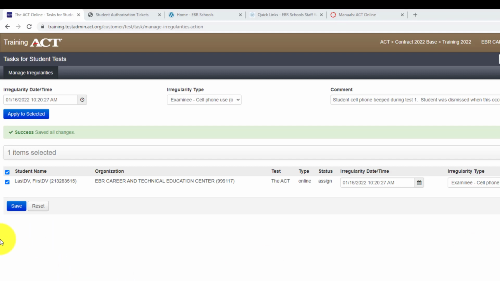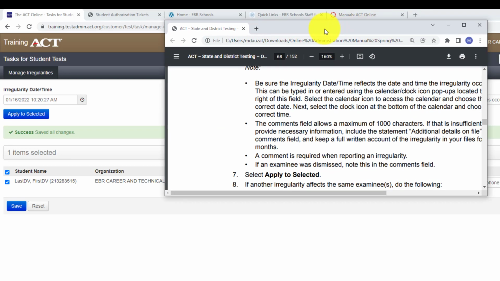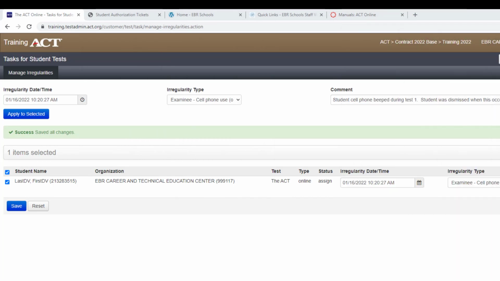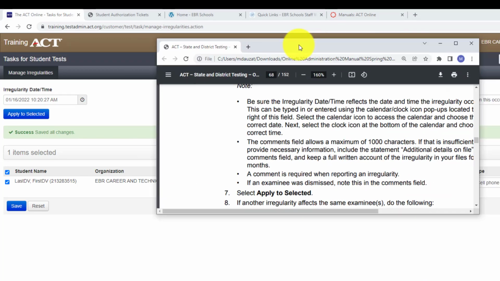Okay, so when we click save, the next step is to exit task. Just to show you, that is step number 9. So we went from step number 7 to step number 9. Before I go ahead and exit task right here, here's what